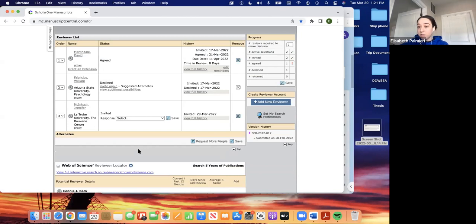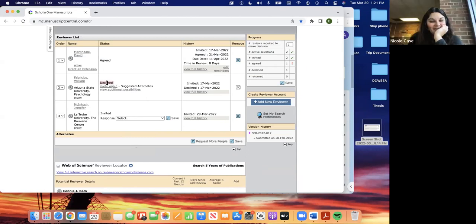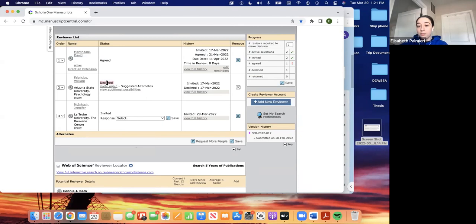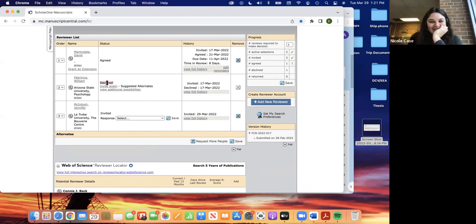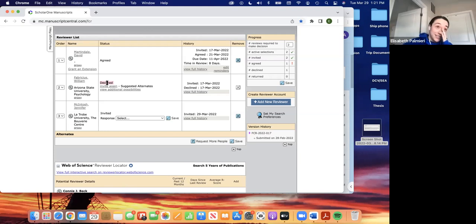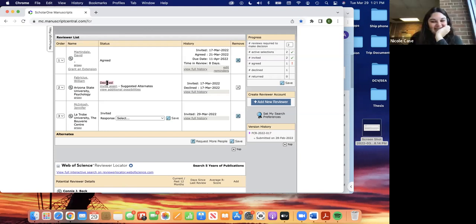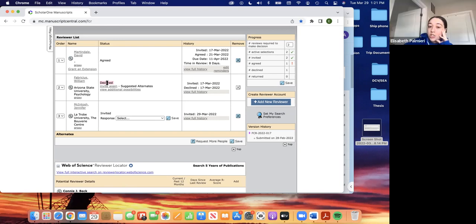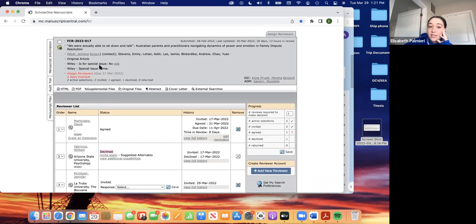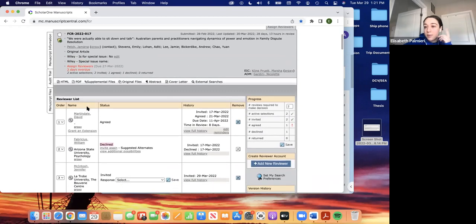And then you don't have to do anything until they respond. So if they decline, like this person declined, you just email, which is honestly a huge problem. Some of them, you'll see, there are lists of people that have been asked and they all declined. Wow. But if they decline, just email whoever the EIC is and say, you need to pick another reviewer,